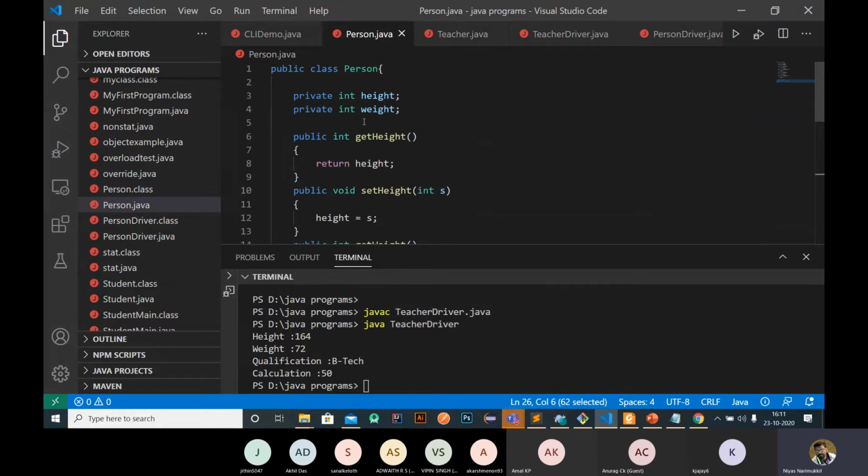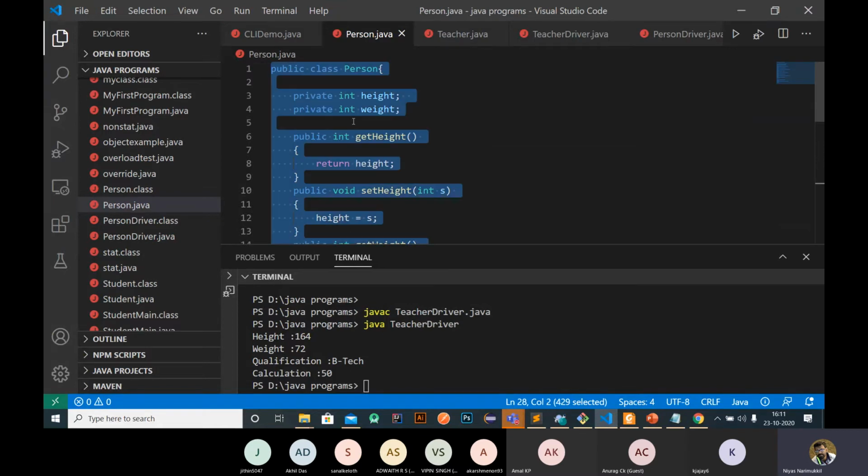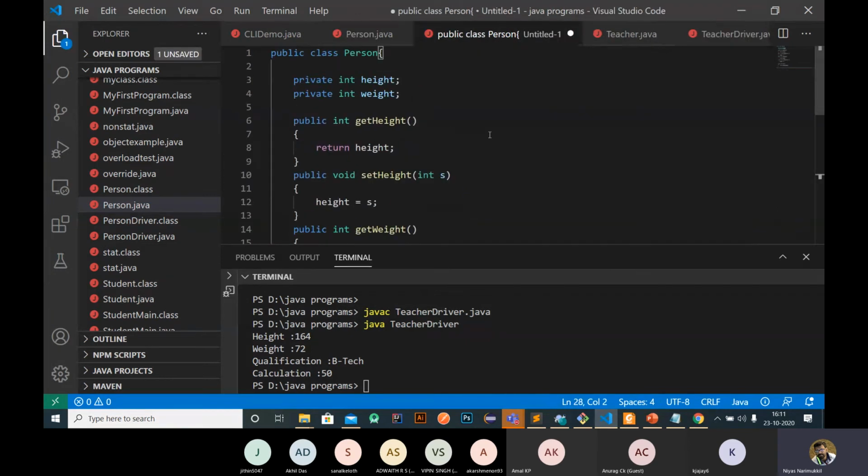So I'm just creating the same kind of program here. Instead of person, I'll change it into, we can call it, rectangle, for example.